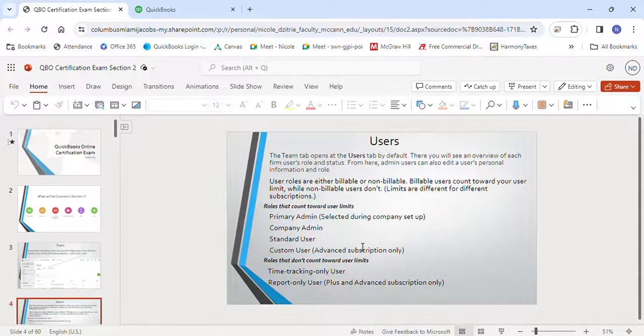User roles are either billable or non-billable. Billable users count toward your user limit, while non-billable users don't. So remember, there are limits for different subscription levels. So roles that count toward your user limits are the primary admin, and remember that is during the setup, the